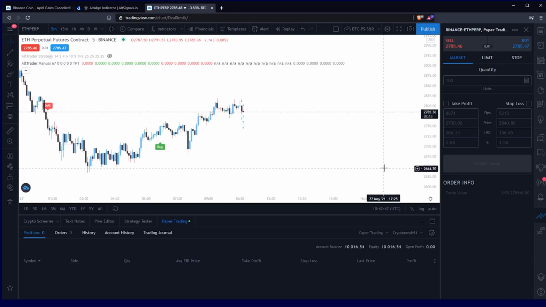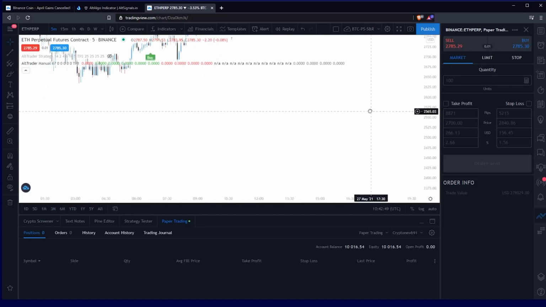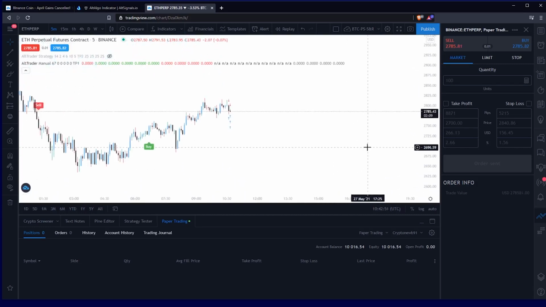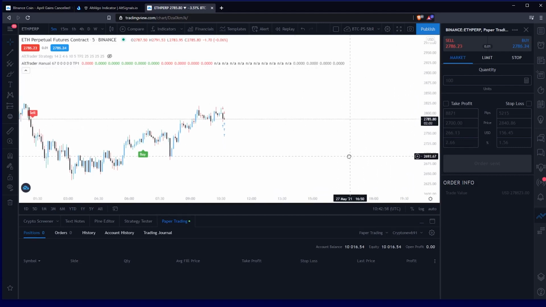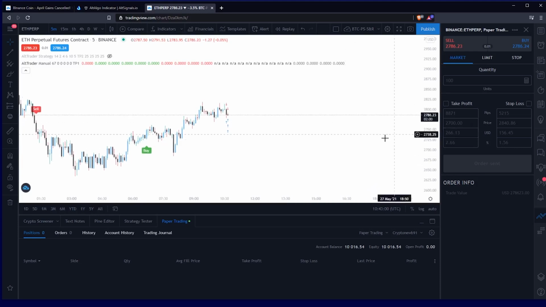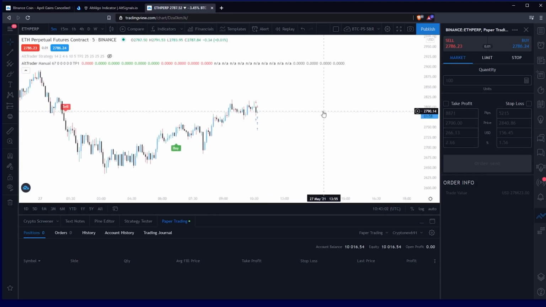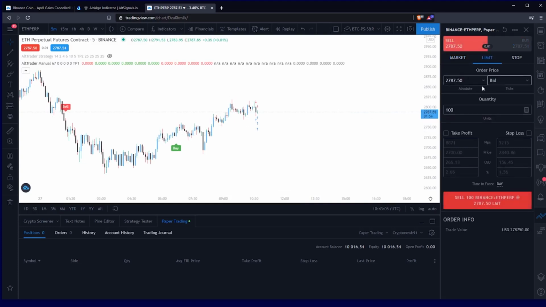So for instance, you won't be able to set a liquidation price at 0 and a take profit price at X amount. You would get liquidated if it went the opposite way and it went too far. So that's how you can place your trades, and essentially let me show you the limit order is the same thing. So let's say we